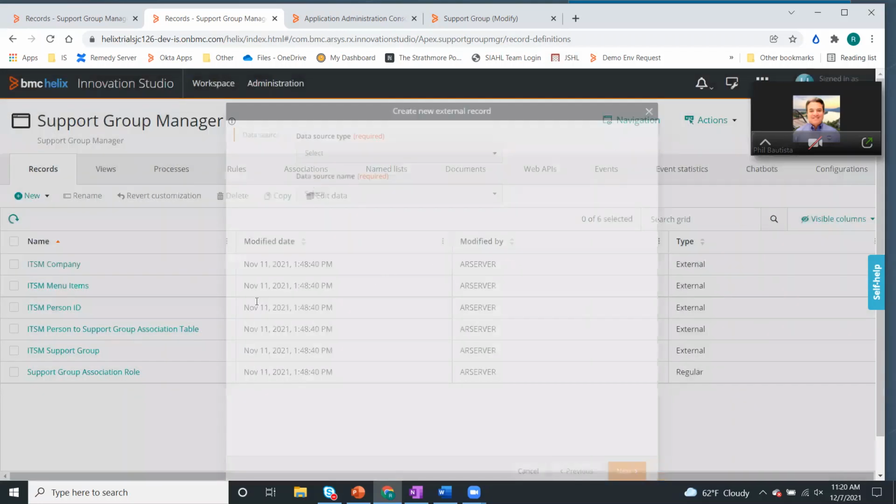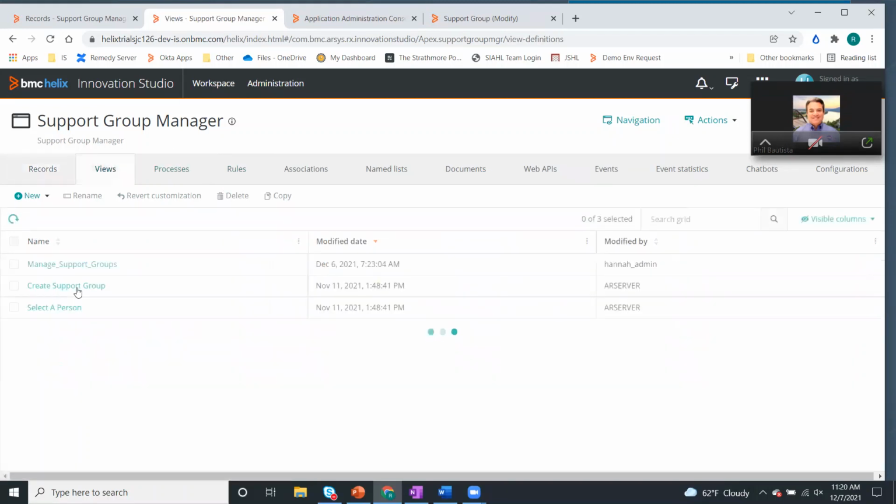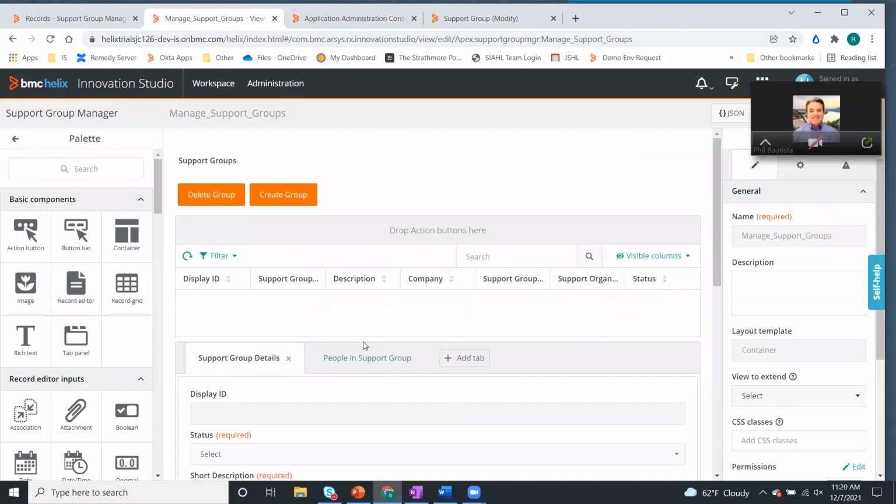You had to know what fields you wanted. You had to know what the ID field was, and make sure the ID field was mapped correctly for it all to work. And then I built the view. I can't even run this now because it's just so broken, because I didn't set it up in this environment. So the UI itself had to refer to those external records that were, again, acting like vendor forms. They're using APIs to access the data, and it worked, but it was complicated. And for instance, a real example of this